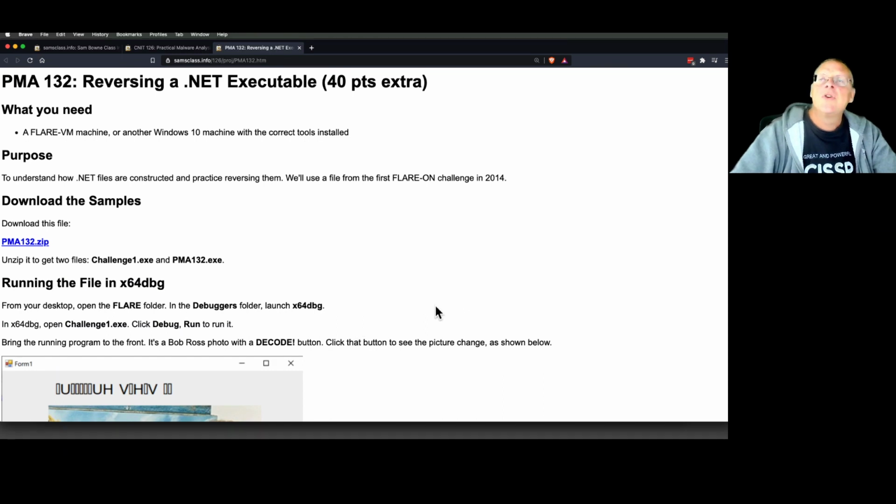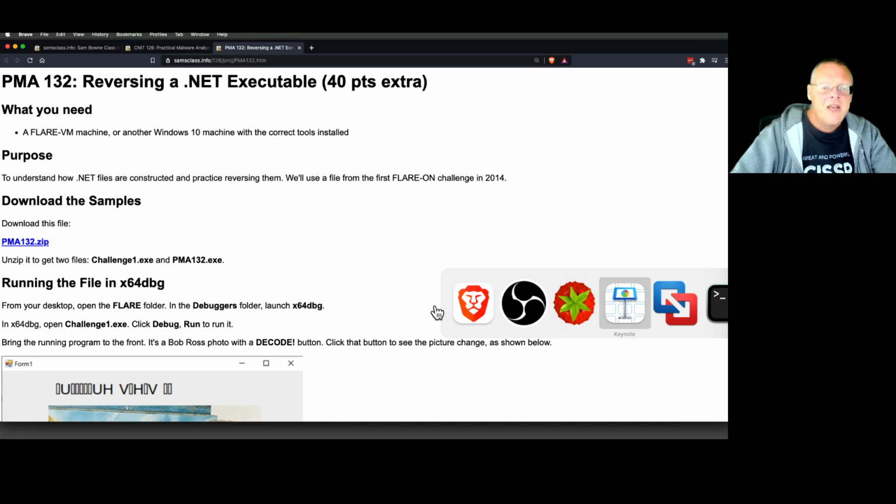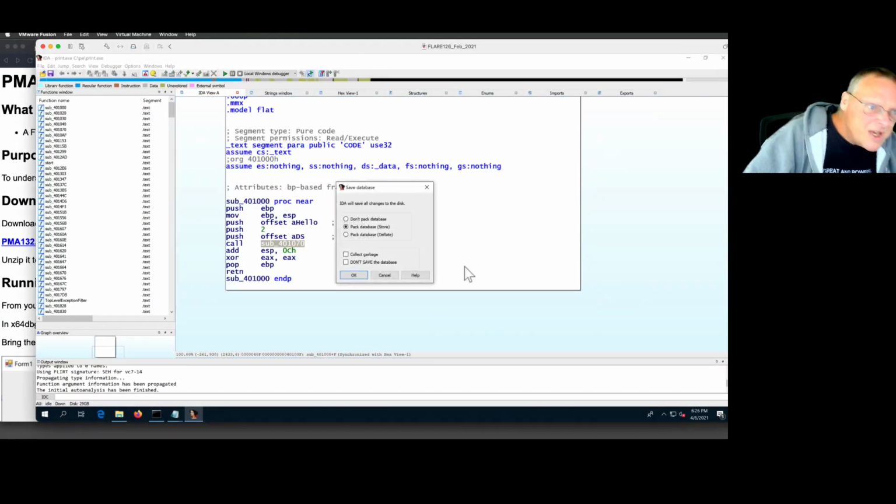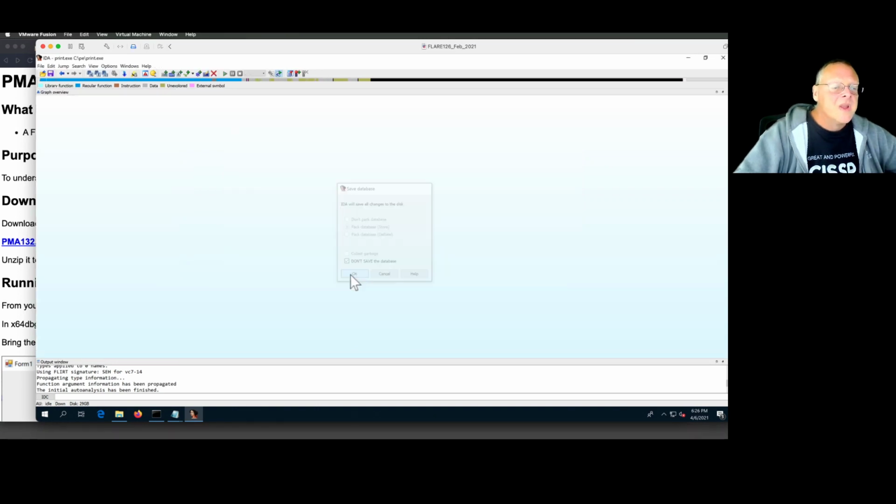And we're just going to see several tools that we haven't used in this course yet that are included in the Flare VM. And you can put them in other machines if you want to, but if you use the Flare VM, they're already pre-installed and ready to go. So